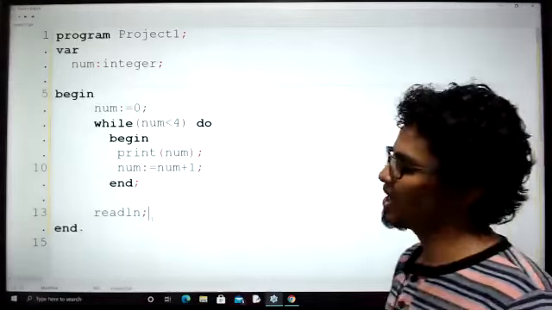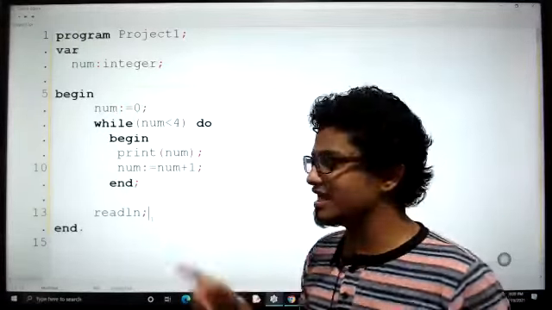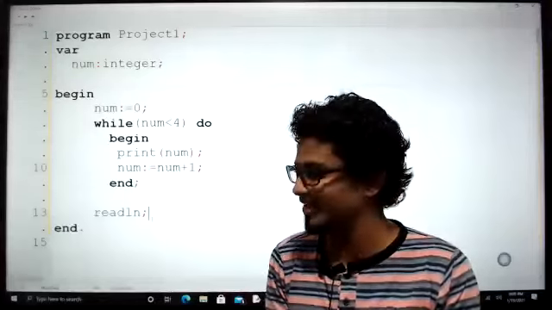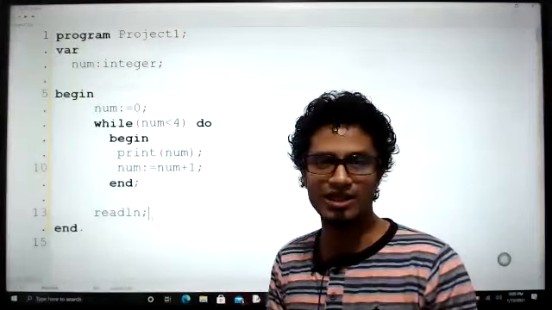Okay, so now, to keep the output without closing, I'm having readln here. Is this a must to have in your examination paper when you are writing answers? No. This is more a problem with the Lazarus software. So you don't need to have this readln when you are writing. The final readln that I put before the end, you don't need to have, right?